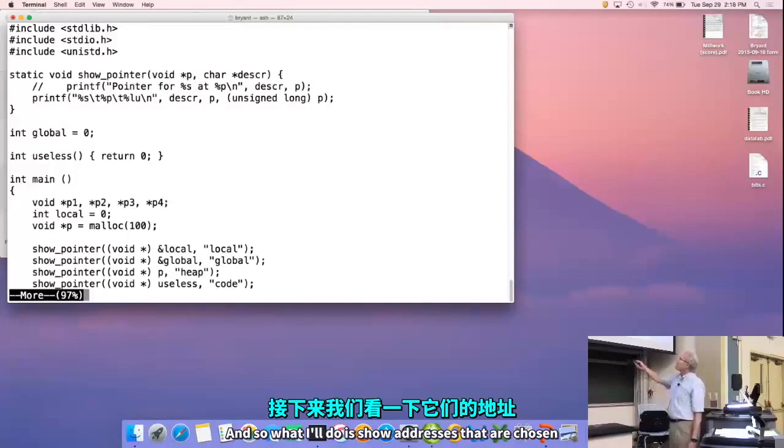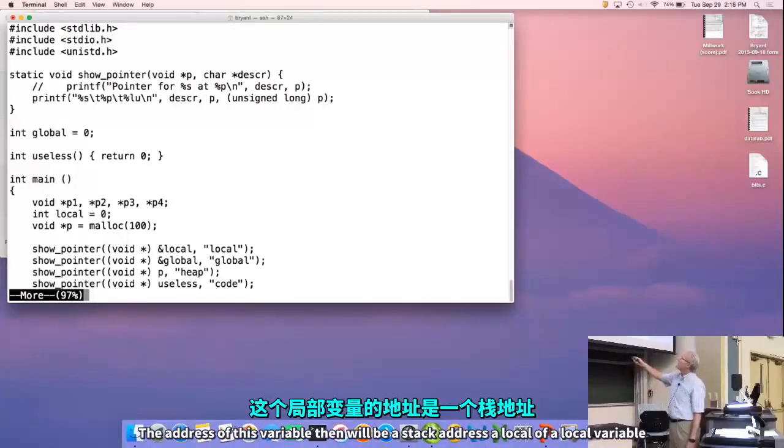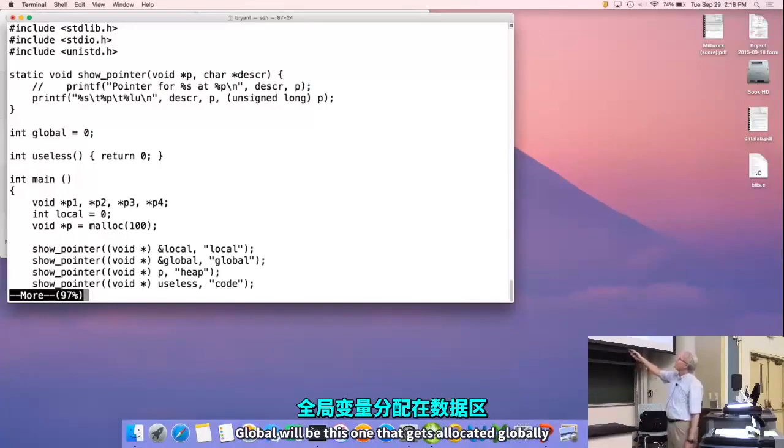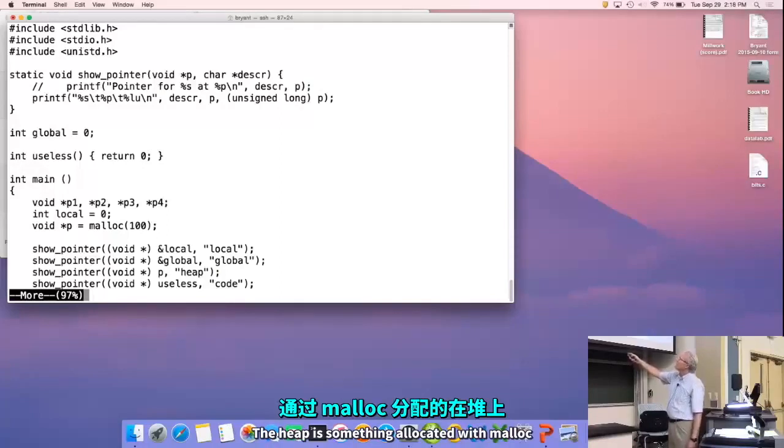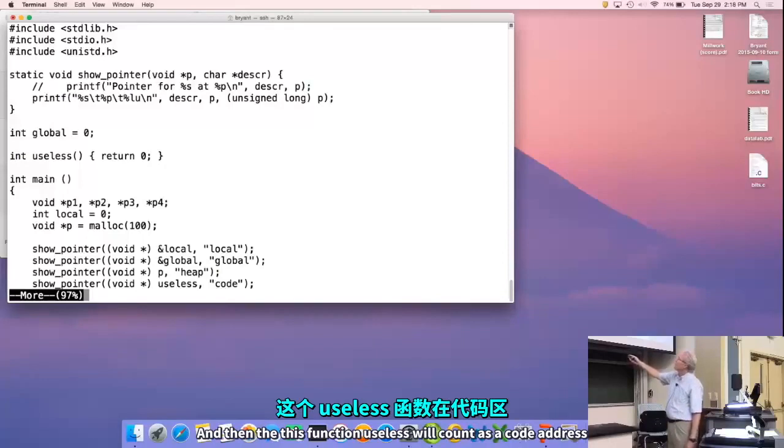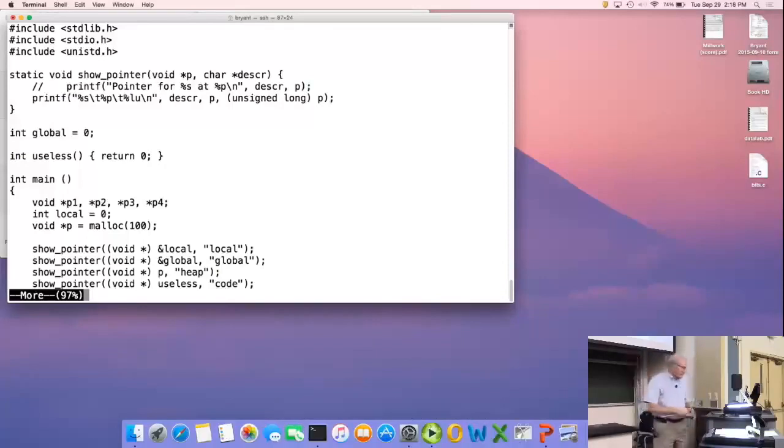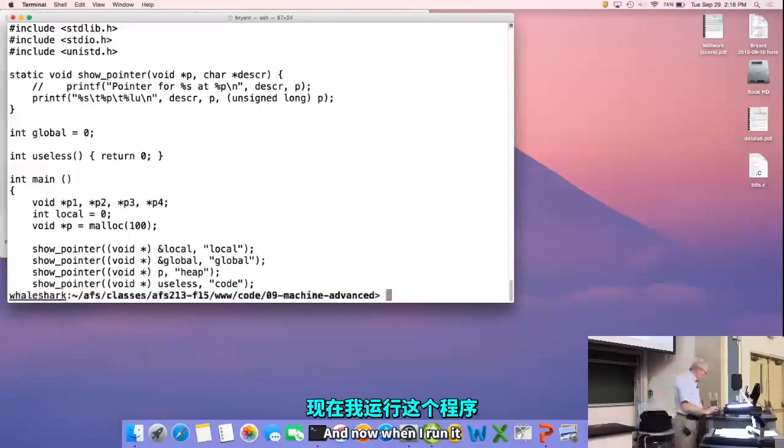And so what I'll do is show addresses that are chosen. The address of this variable will be a stack address, of a local variable. Global will be this one that gets allocated globally. The heap is something allocated with malloc. And then this function useless will count as a code address. And now when I run it,